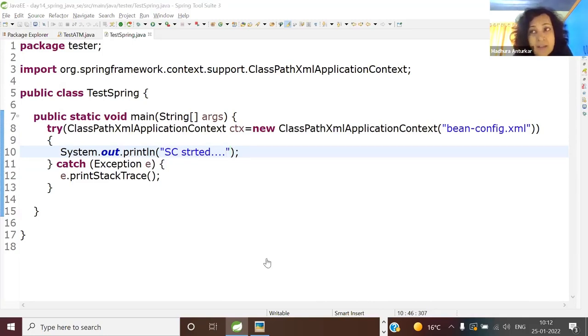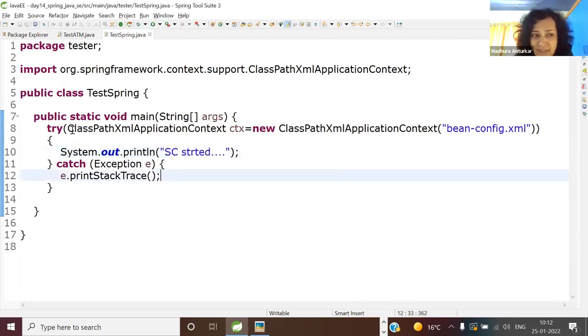Okay. So now I have a question. When you run this, are you going to see only this line, Spring container started, or more? Okay, the answer is more. What is that? I know you will just say more. So I was worried about that. So what more? Okay, let me not trouble you.